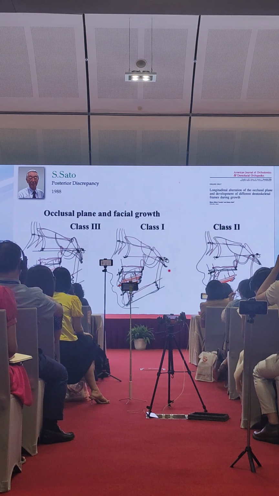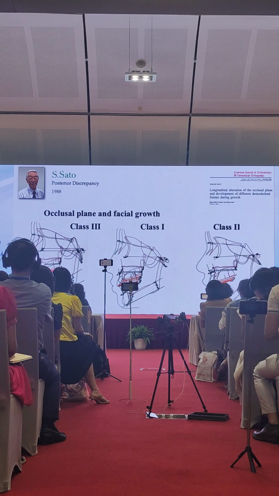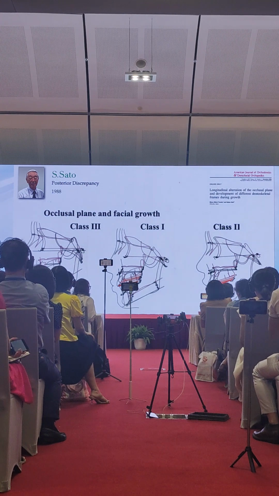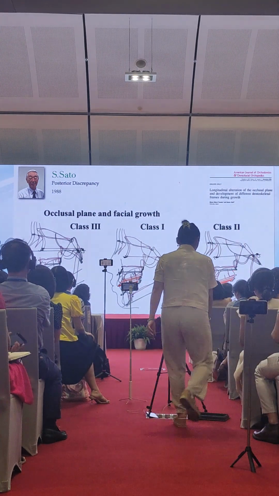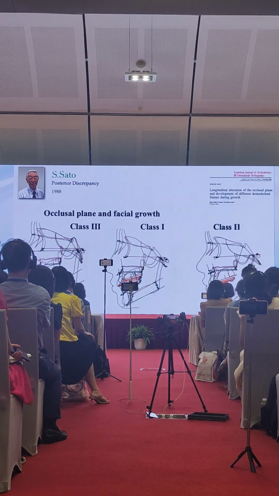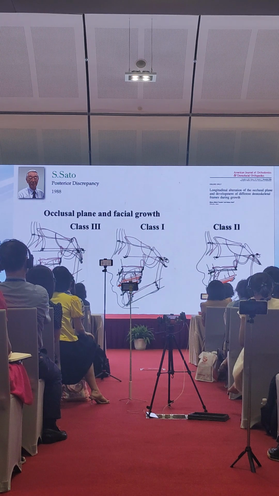On the opposite, we have an over-eruption of the upper molars in class 3. And so we have an anterior rotation of the mandible and a flat occlusal plane in class 3 and a steepened occlusal plane in class 2. But to me, this is a component that we call the occlusal plane. The occlusal plane is a factor, as the speaker before me explained very well, but it's not all.